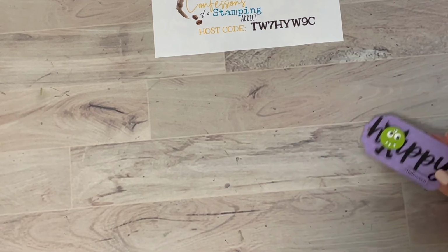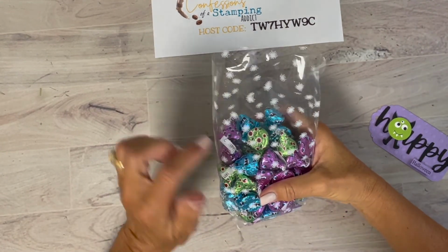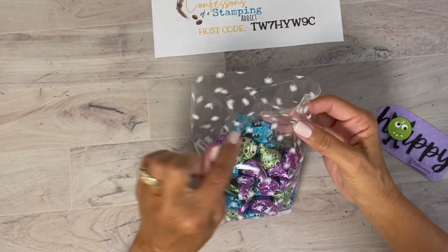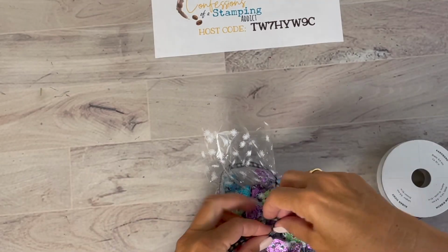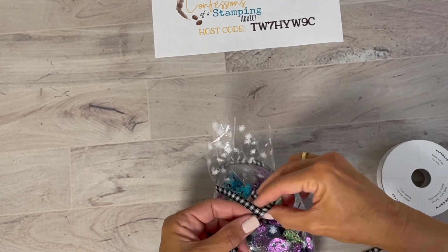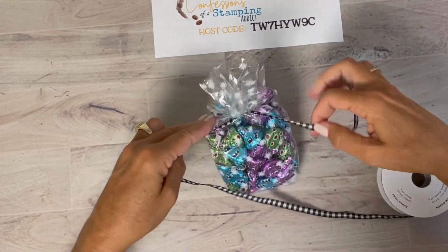Now, let's wrap up this little bag of candy. These bags are cellophane bags in our catalog. Aren't they cute? They almost look like little COVID germs. Oh boy. All right, that's pretty. It's so Halloween-y, but it can be used for Christmas. Really, you know how black is so universal. It goes with anything. So just tie this around the top, and then